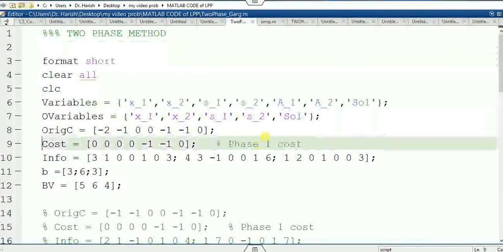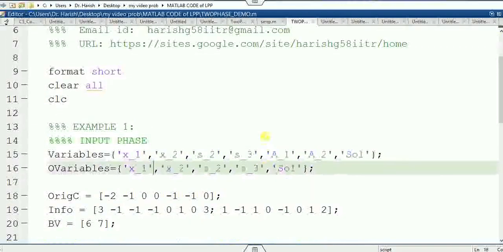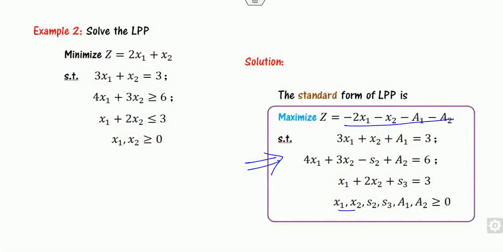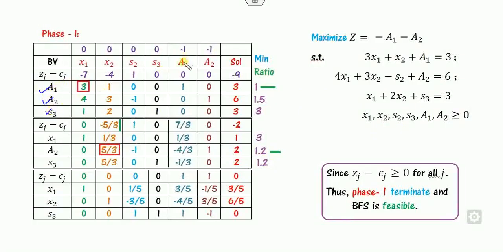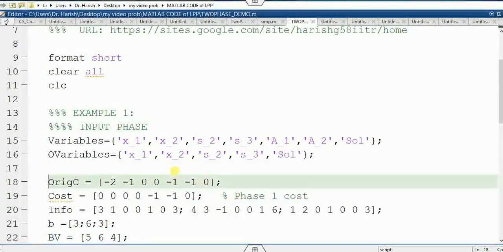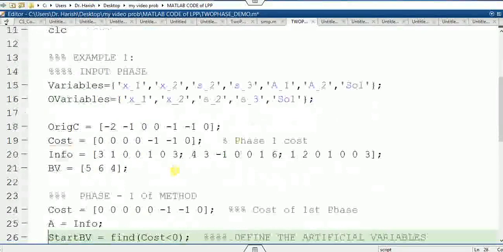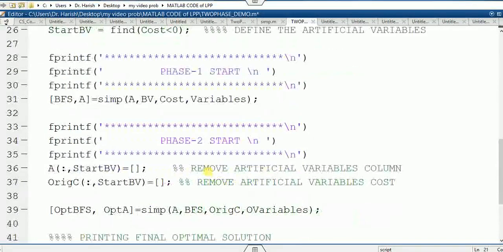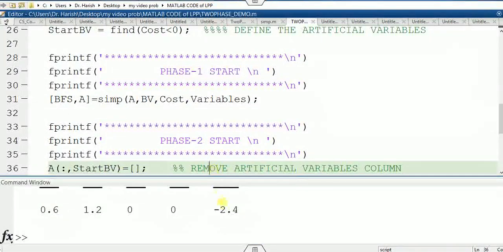So you can copy this and write it. I can write here this cost, I can paste here, and you can see that in this basic variable, who makes the identity. Look at that, A1, A2, and S3. A1 is my fifth column, A2 the sixth column, and S3 is my fourth column. So I have written 5, 6, 4. And what about the cost, you can also change this for phase 1. This is X1, X2, S2, S3, minus 1, and 0. Nothing else is changed.